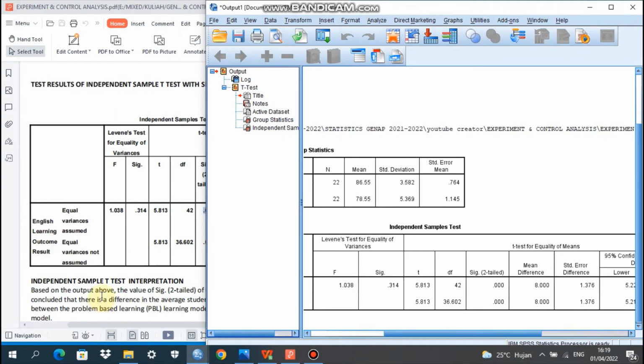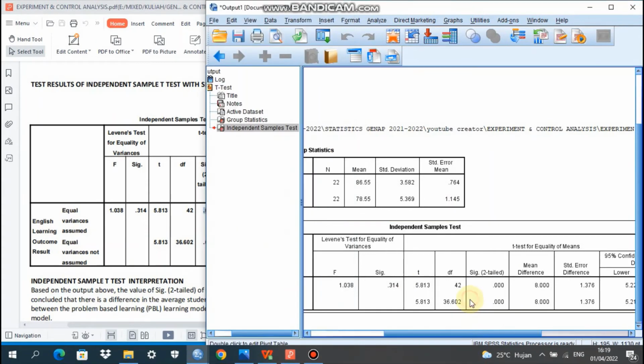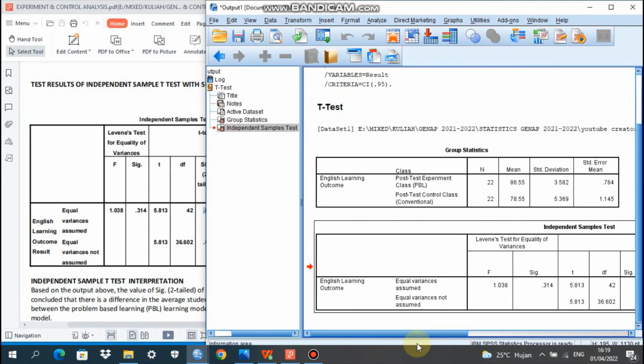Okay, from here, the independent sample test, the result. Because the data distribution is homogeneous, we pay attention only to the equal variance assumed.